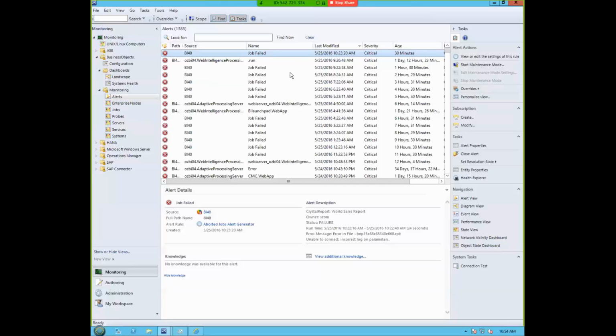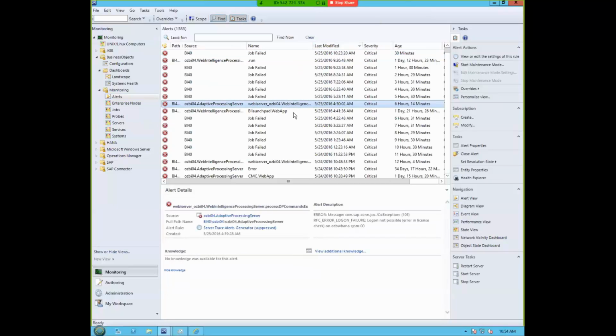But you also have a threshold. You don't want all informational trace log entries to show up as alerts, even alerts with the informational status is too much. So that's what we do, and you can override and choose what level of alerts you want to get. But this is an example. You see that the rule is server trace alerts generation, and for